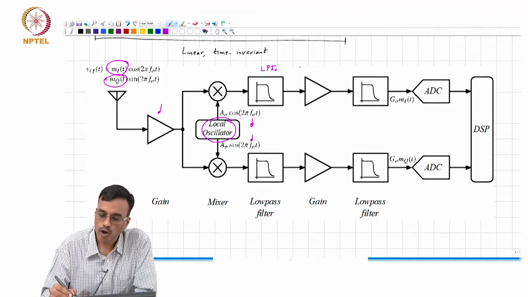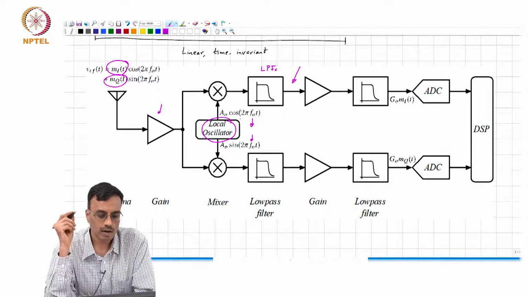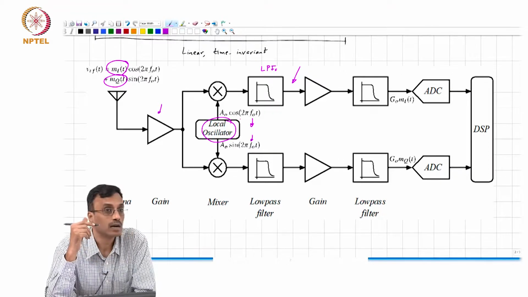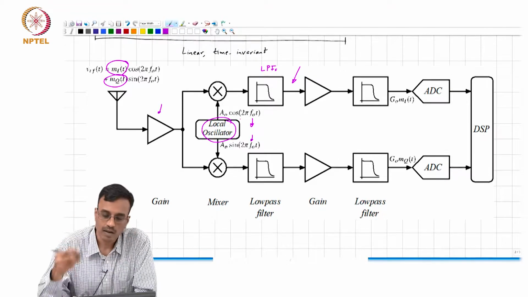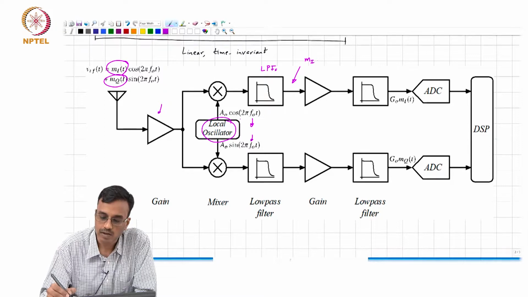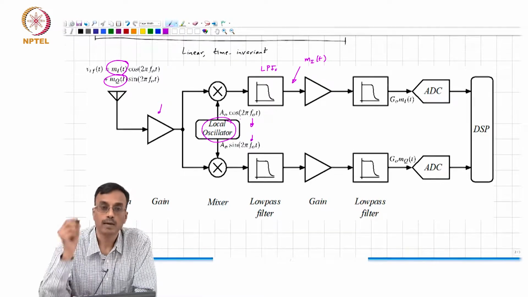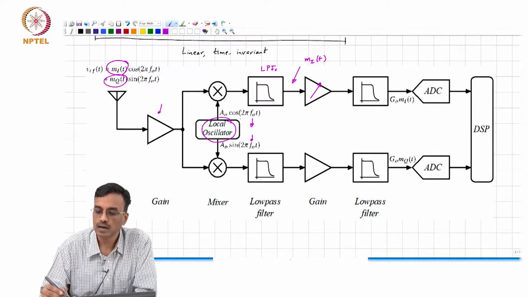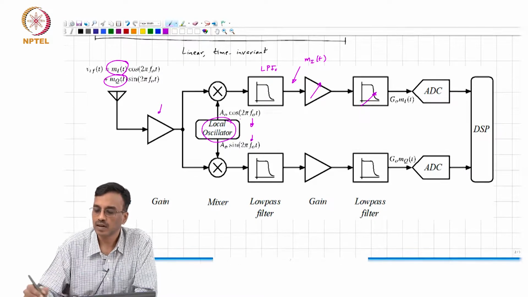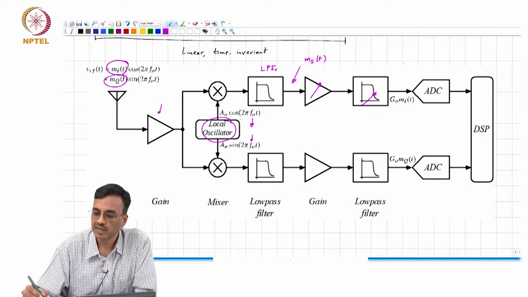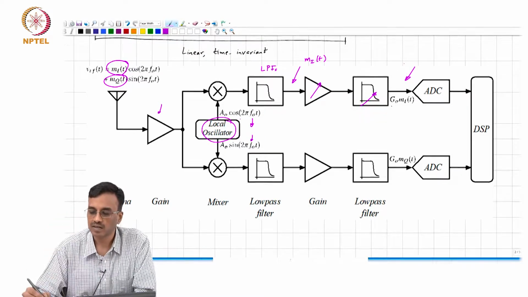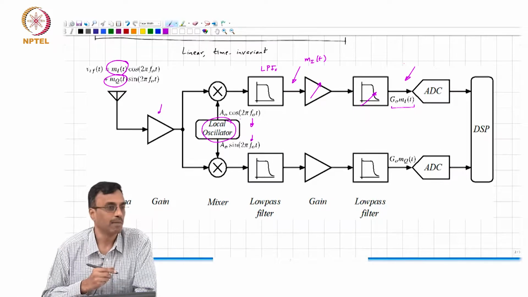So, what comment can you make about the signal that you get here? Which of these baseband signals do you get there? Mi, that is supposed to be I actually, but never mind. Then you have some more gain and some more filtering if necessary, and so at the end of the baseband chain you basically get some gain times Mi.